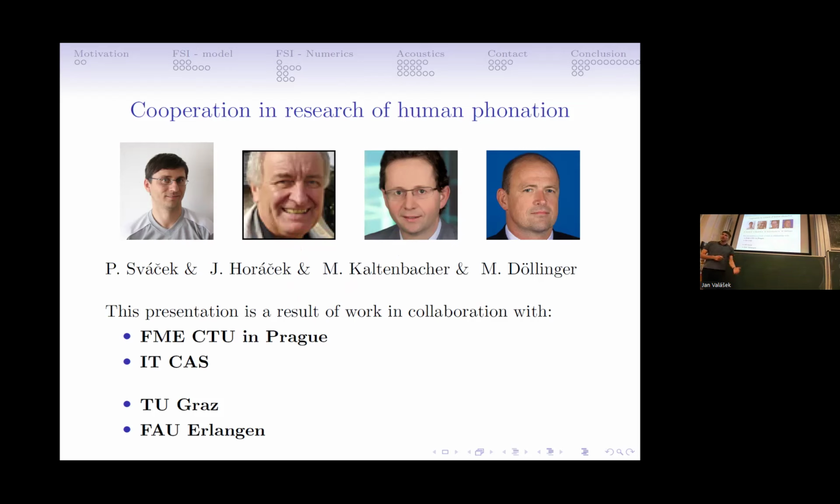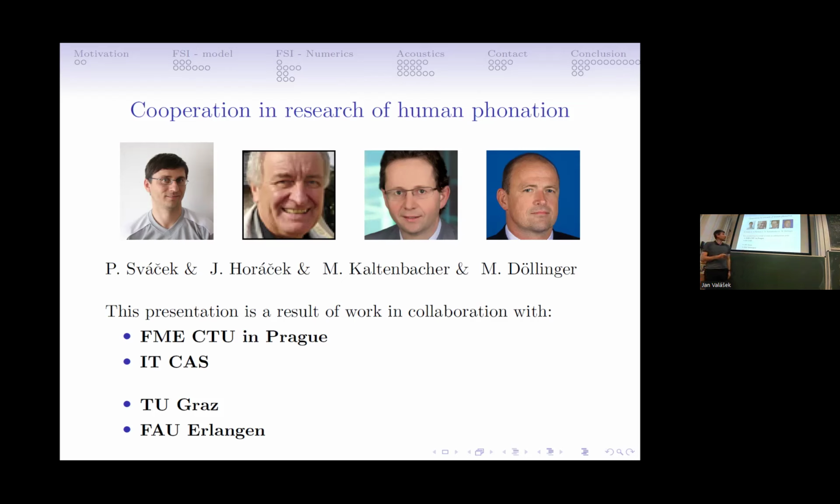Recently, we also received an international project together with colleagues from Graz University, Professor Kaltenbacher, and Professor Döllinger from Erlangen University, where we would like to focus together on experiments, numerical simulation, and finally also the